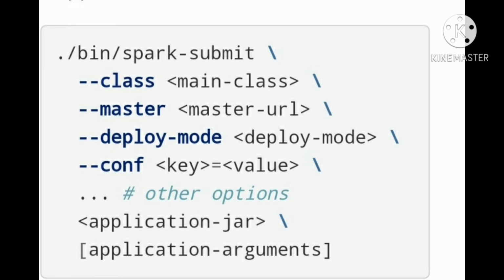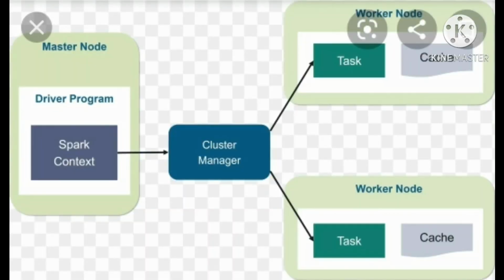So if we are giving the deployment mode equal to cluster or yarn cluster, it will keep the driver program in one of the worker nodes. Then it will start executing from that worker node. If multiple Spark submits are submitted with deployment mode equal to cluster, then it will use different worker nodes for each Spark submit.